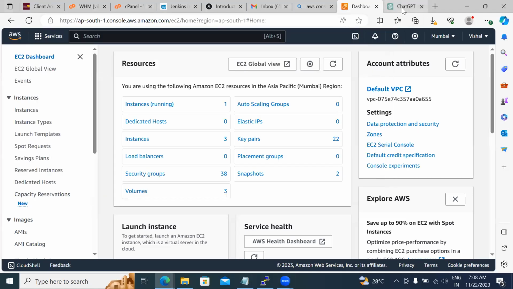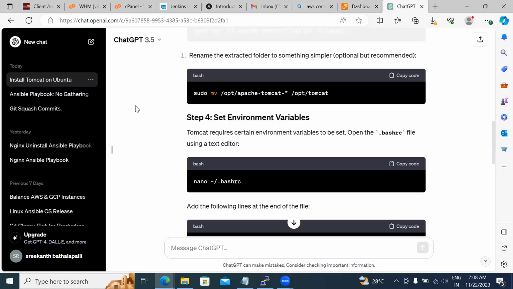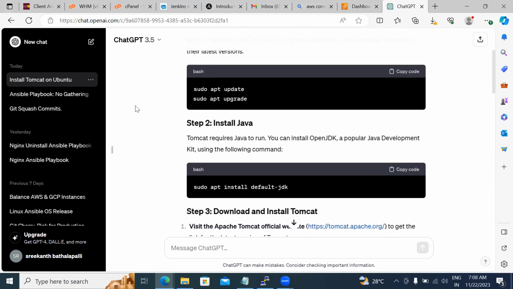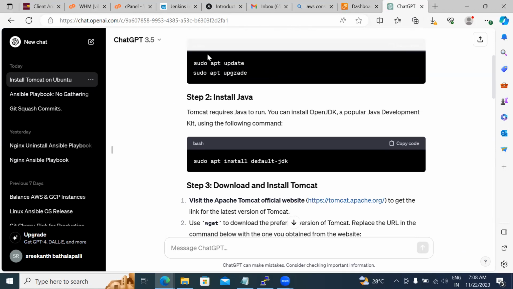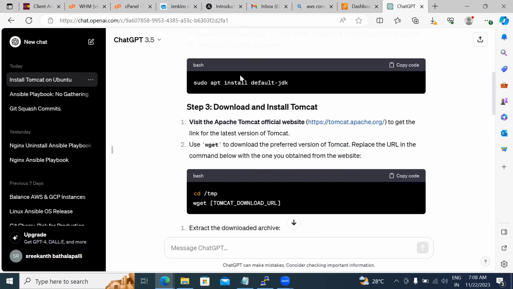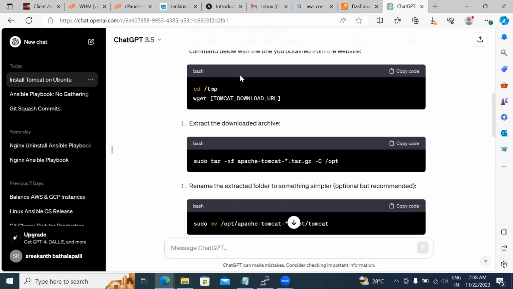So here, if you come to ChatGPT, what I type is install Tomcat on Ubuntu. If you have a Gmail account, you can log in with the Google account itself. No need to create an account also. Then here it is giving the steps like sudo apt update, sudo apt upgrade, install default JDK, most of the